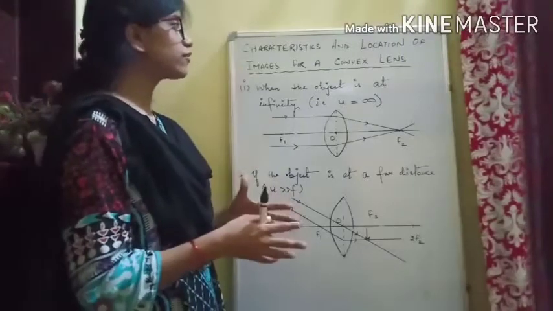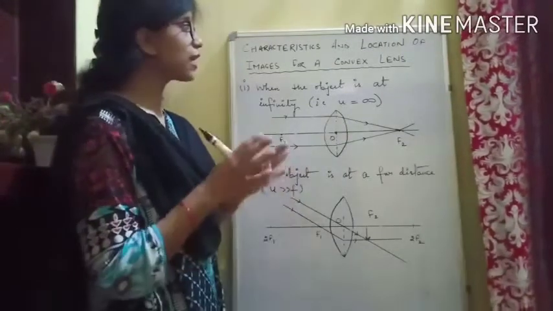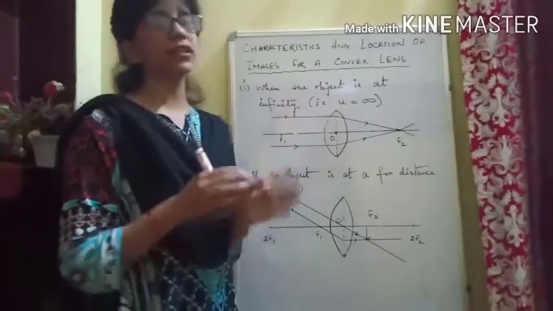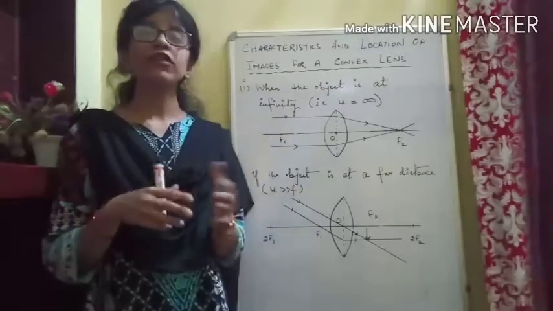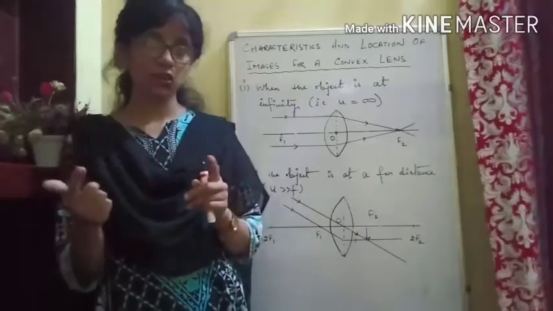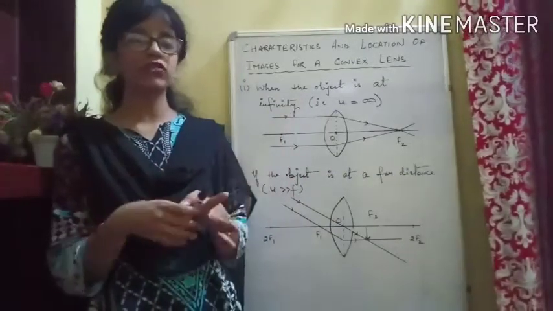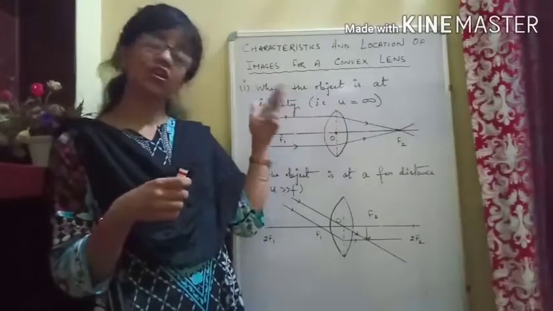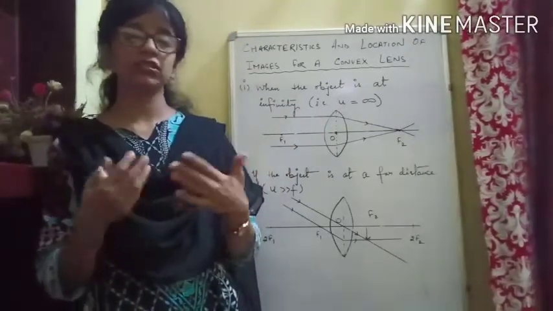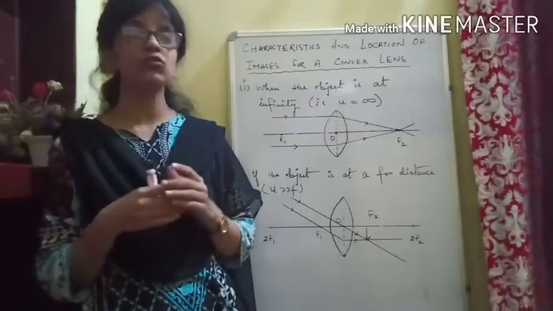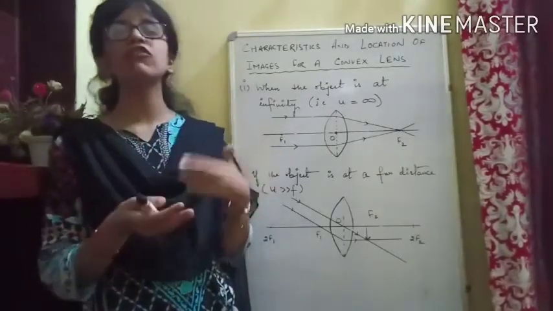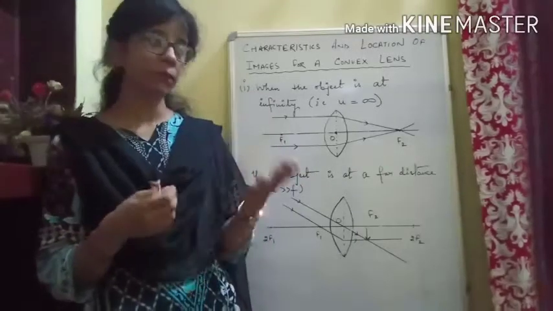So first we have taken the convex lens, and the first case which we are taking is when the object is at infinity. Before I start telling you all the image formation, let us recall that to form the images we have to take at least two rays to draw the ray diagram, the rays which are convenient for us to take, and also we know how they will behave after the refraction or where they will pass.